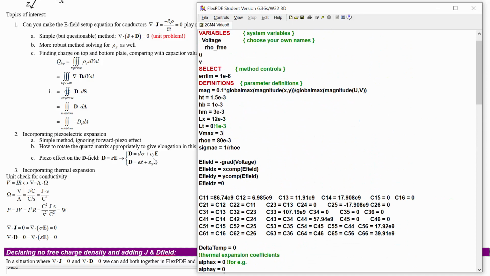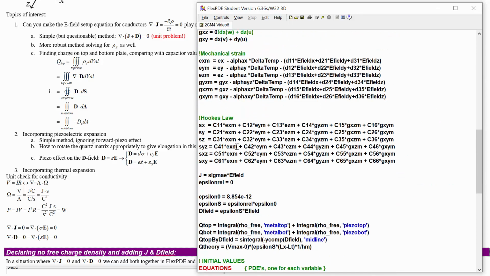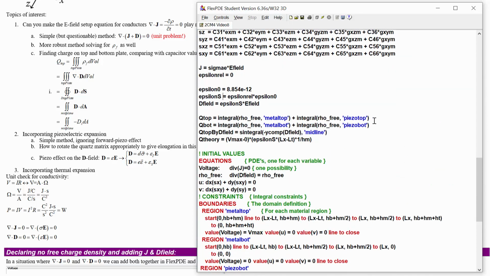So suppose we've got the T component here, then we can just take D and multiply it by that sigma. Rather than epsilon S, epsilon rel, that sort of thing, let's imagine that it was just epsilon T that we're starting with, and then we'll say epsilon T times E field, except rather than just that,